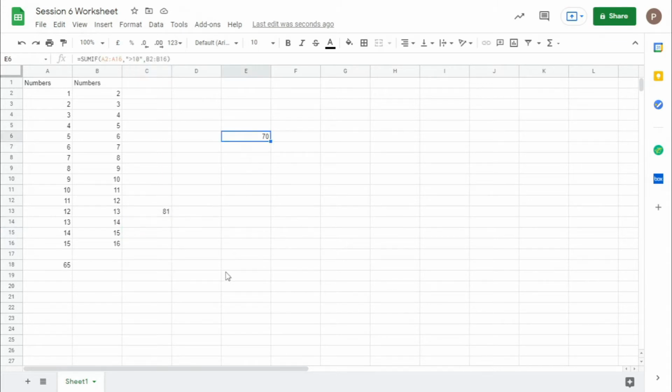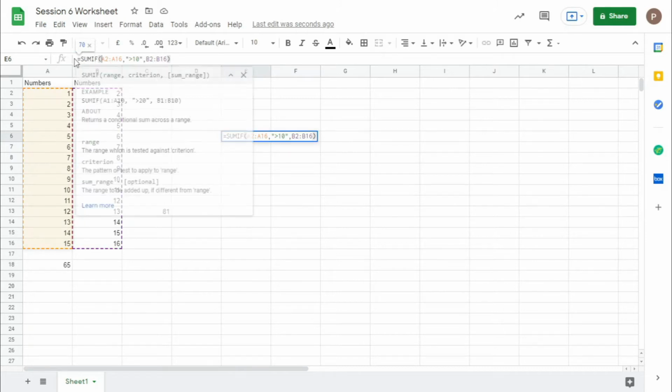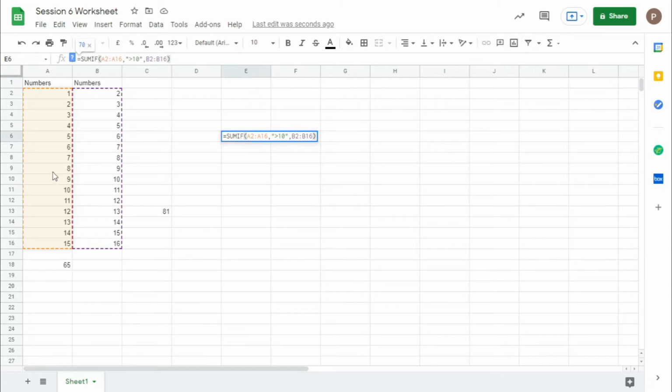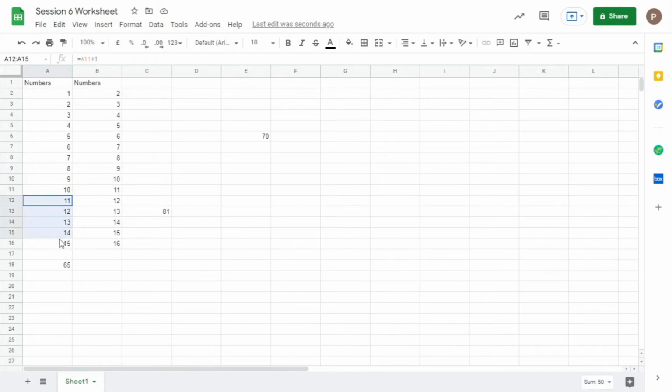Why? Let's take the formula. Here we give range, criteria and sum range. The first range I gave, it checks the criteria with this range, and it checks whether these 5 cells have values greater than 10.